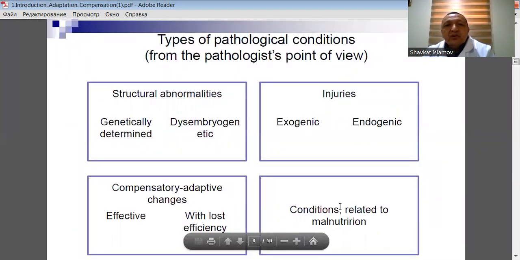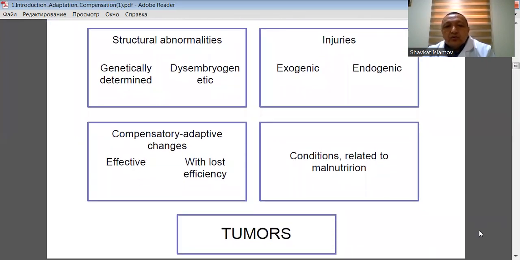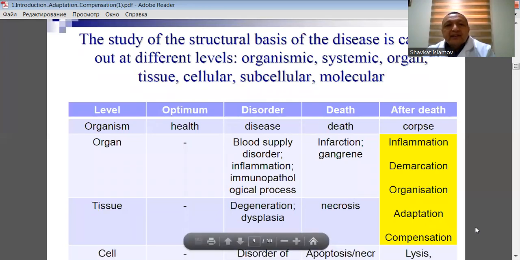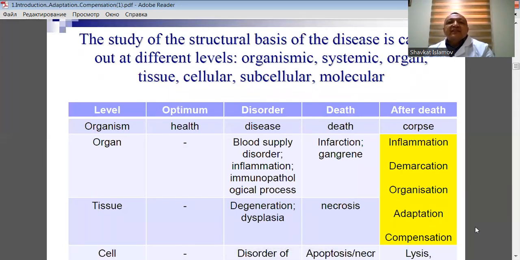Types of pathological condition: structural abnormalities, injuries, compensatory adaptive changes, conditions related to malnutrition, tumors. The study of the structural basis of disease is carried out at different levels: organismic, systemic, organ, tissue,